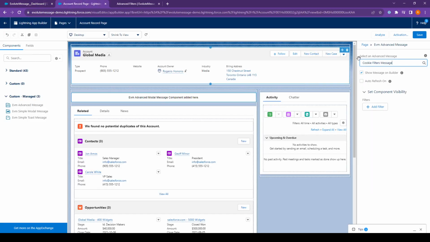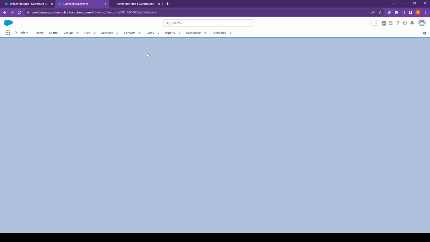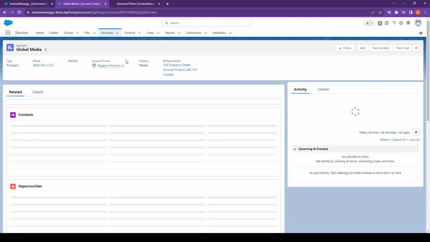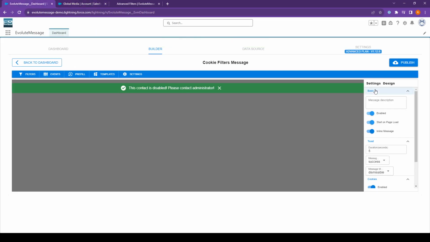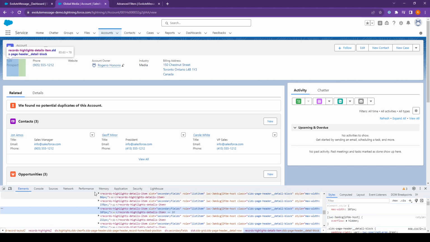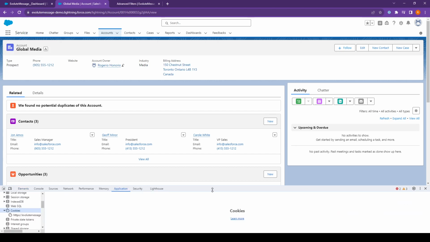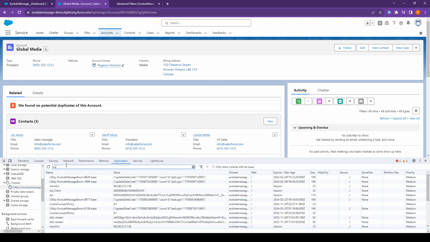Okay, so if I save and go back here, as a user, an admin, I should be able to see the message once. Actually, it did already trigger that. Another option we have for the cookie is, let me show here something. I'm going to go a little bit deep at this stage. If we check the cookie that was created, if we search for AVM,